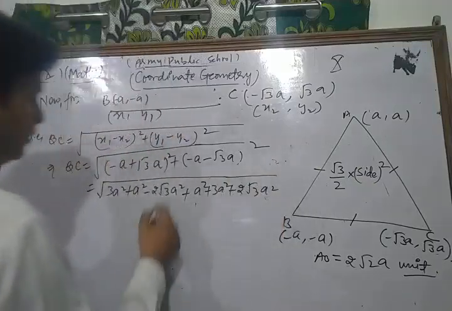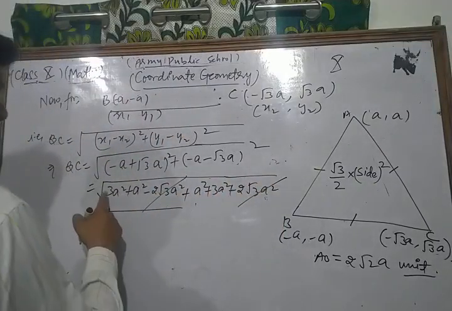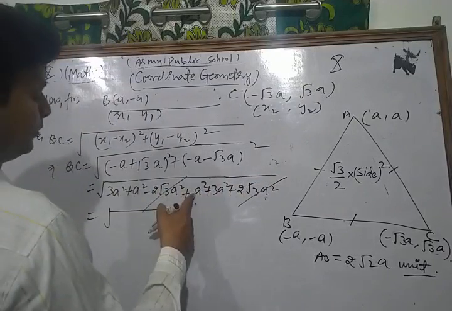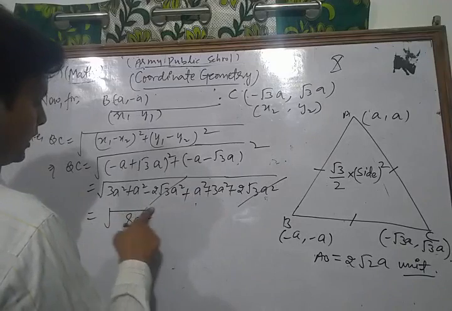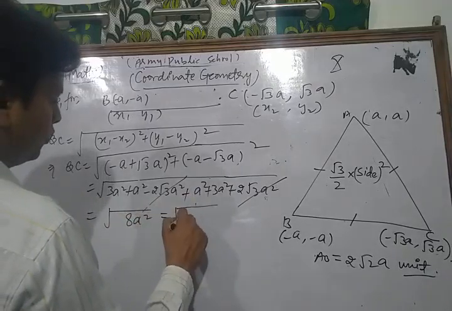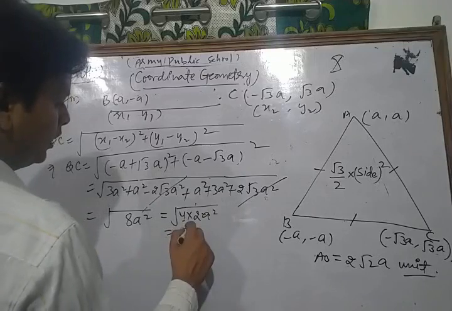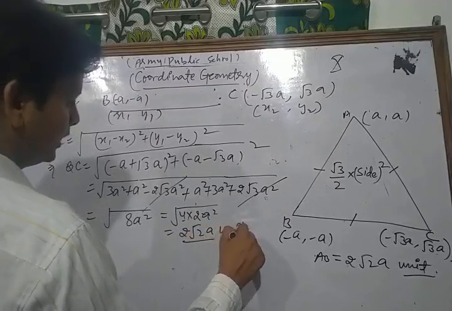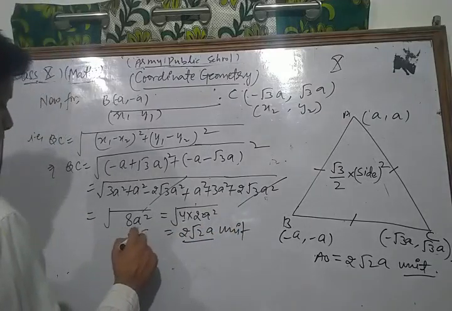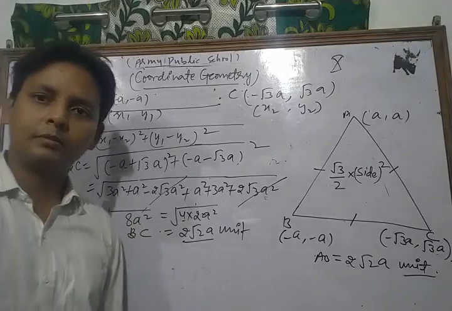Now let's see, minus 2a and plus 2a cancel each other, so what do we have? This is 8a square, so we can write it as 4 into 2a square. From 4 we take 2 common, under root 2 is left, and a is common, so 2√2a unit. This is the value of length BC. Similarly,